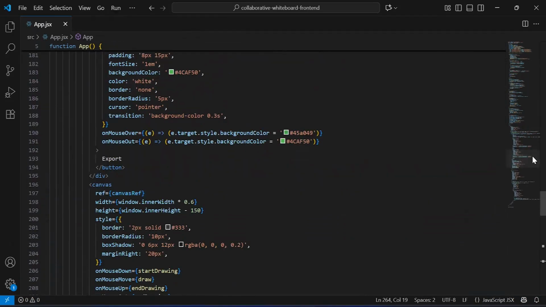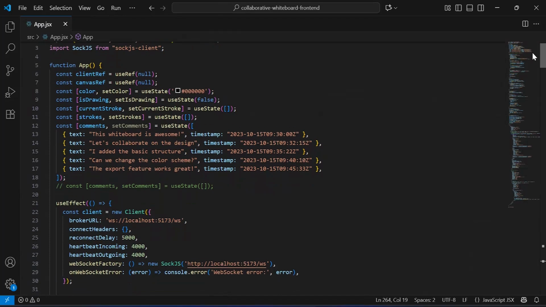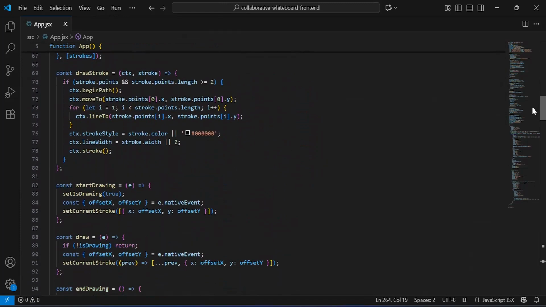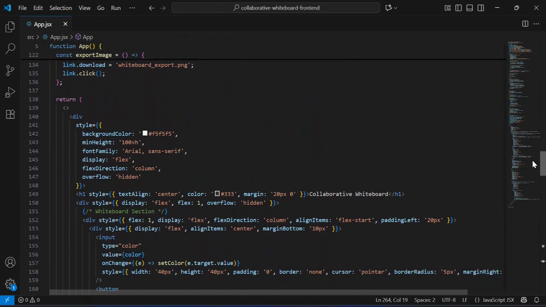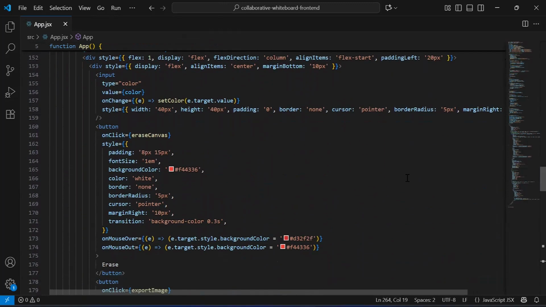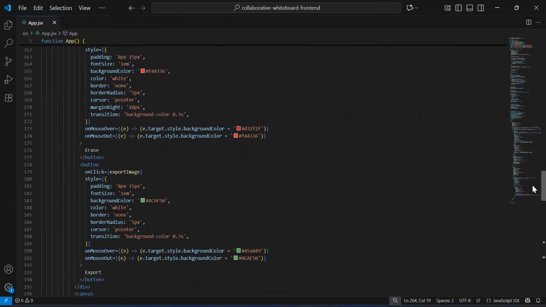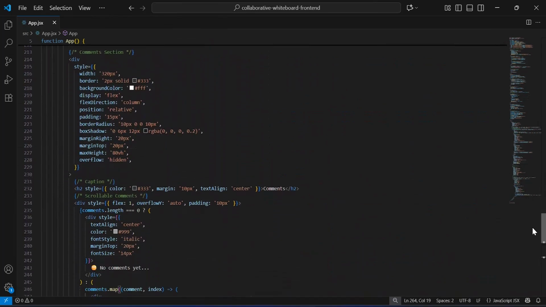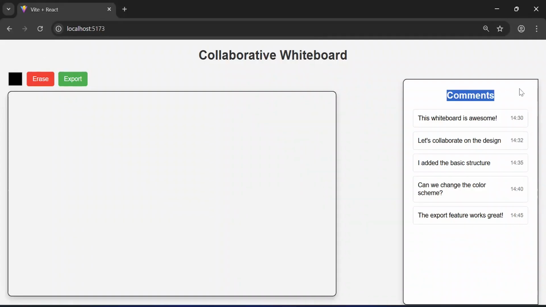Now you can take a look of a app component. Let's navigate to the browser. As you can see, the section for comment, where we can see a few hard-coded comments with a text and